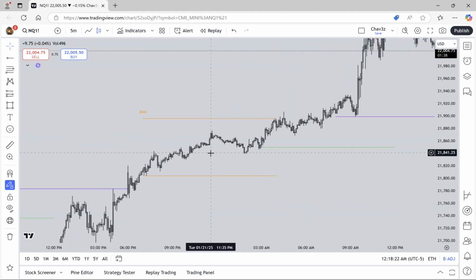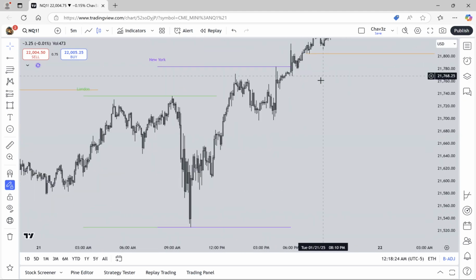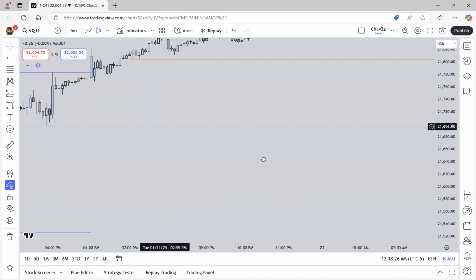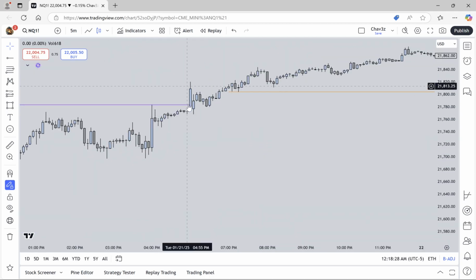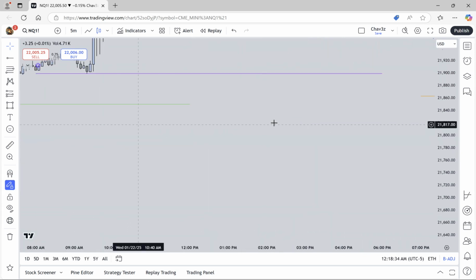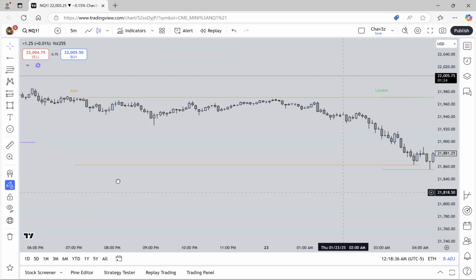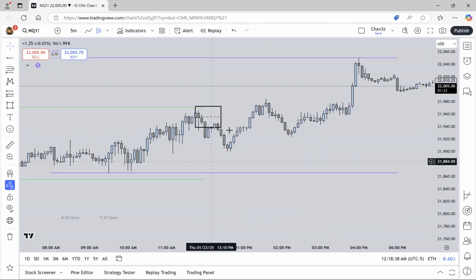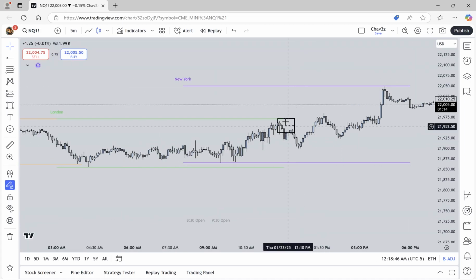If we have a nice full body candle, like this one right here, a nice big body candle, we'll use the body. We don't worry about the wick. But in the example that I'm showing you here, the whole candle is going to be used, just because of how big a range it creates. So this high now becomes our